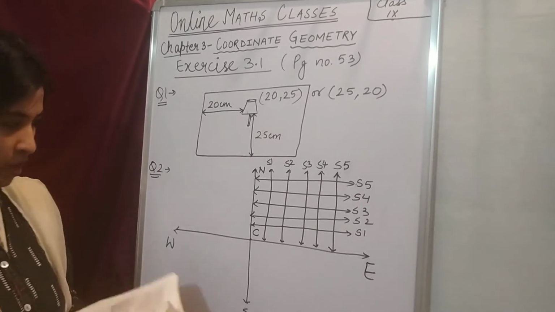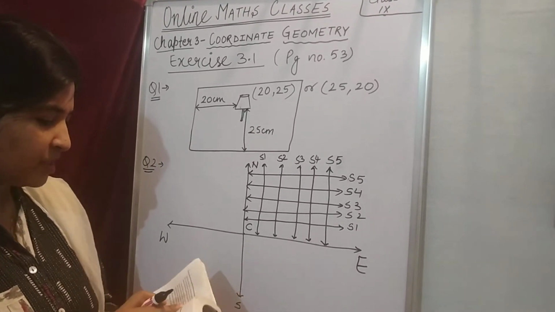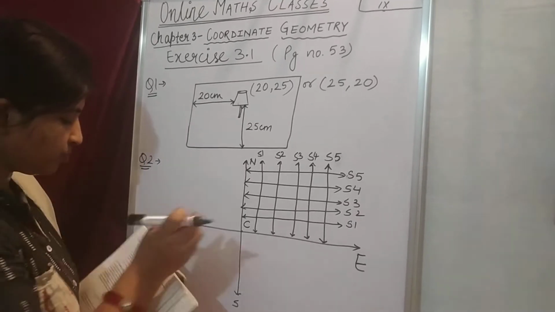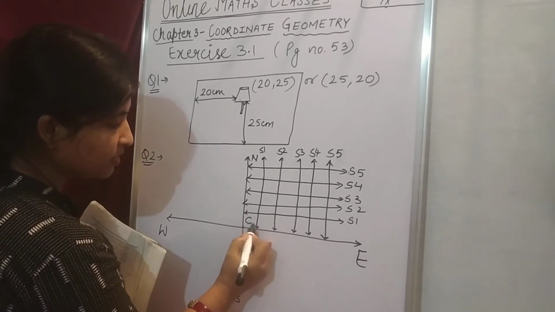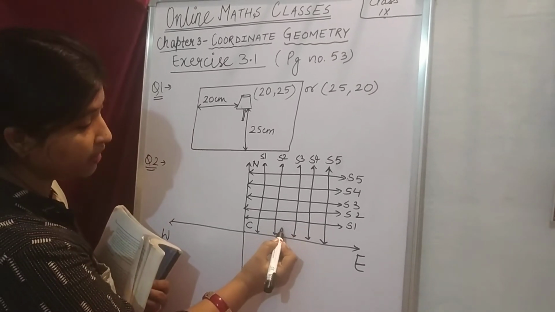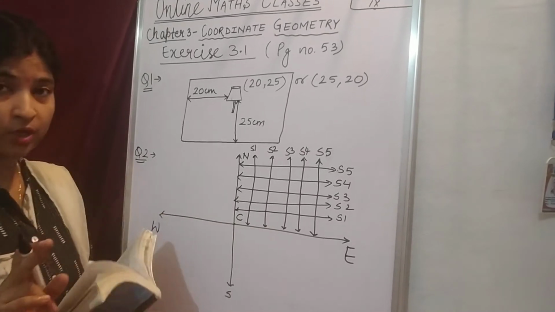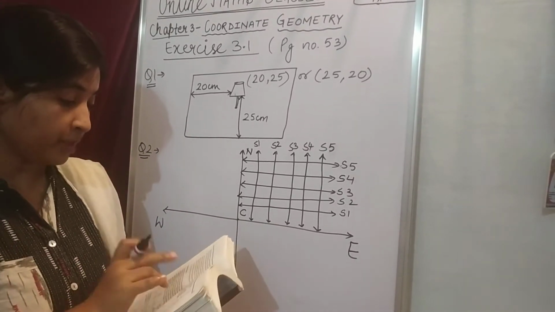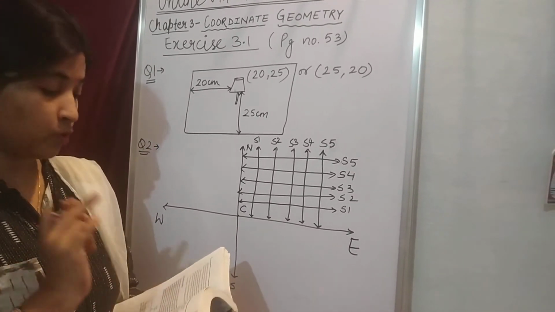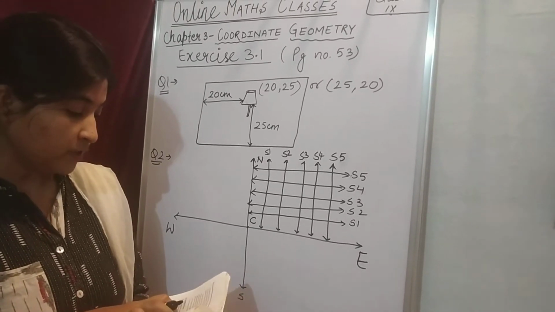Okay, now what it is saying: each 200 meter distance is to be represented by 1 centimeter. So here the distance should be 1 centimeter. You will make it with the scale, taking a distance of 1 centimeter between all these streets. Okay students, take care of it because it is already written in the book. Now draw a model of the city in your notebook.